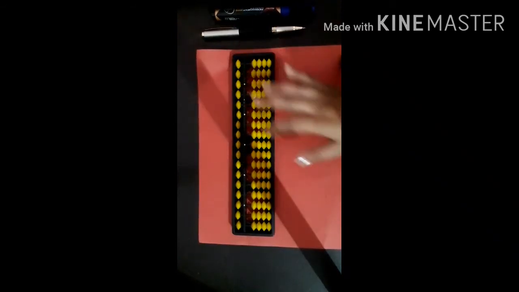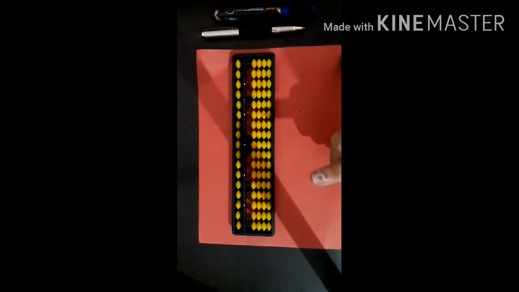Now students, do you remember from which dot I told you to do the calculation? Yes, very good. I have told you that in the abacus tool, 5 dots are there. And where is the mid dot of abacus? See this. This is the mid dot of abacus.